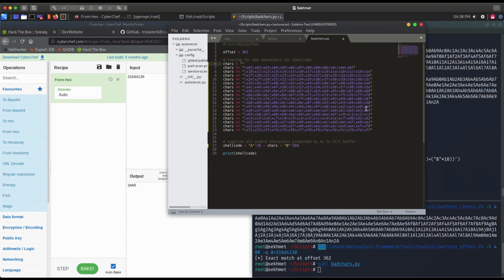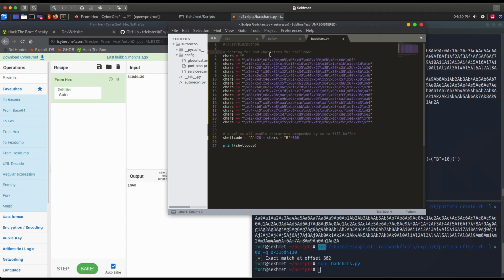So when we run a program like this, trying to provide all of the possible characters, at some point early on, before we've even reached our buffer overflow, something is acting as a return character. We're not getting any of the rest of the characters, and so we're not overflowing the buffer. So what this does is put together a string of all of the usable characters from hex 00 to hex FF. And I've broken them up here by lines, not just for appearances, but so that we can comment out one line at a time,